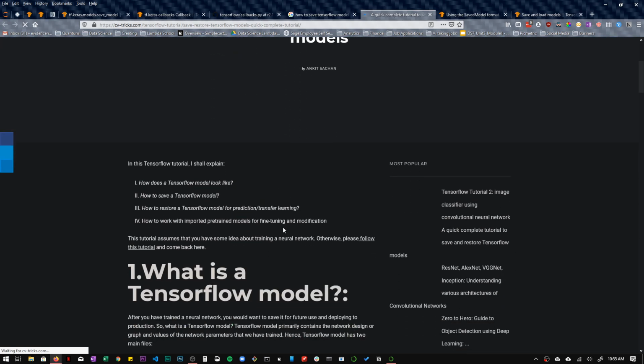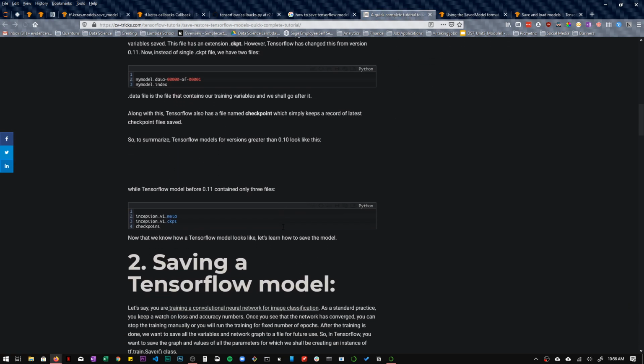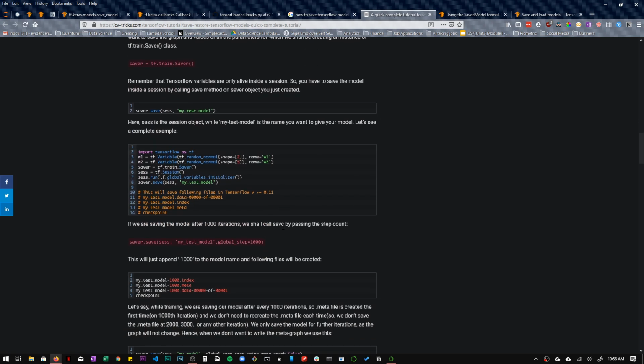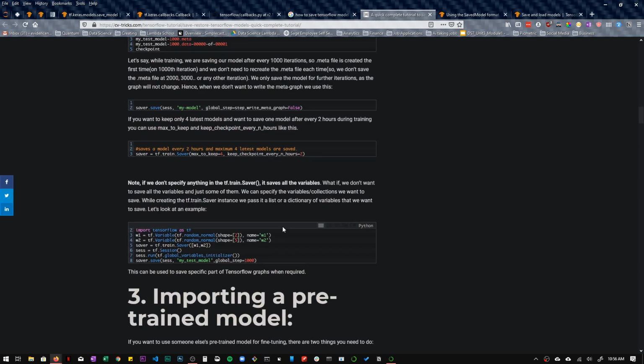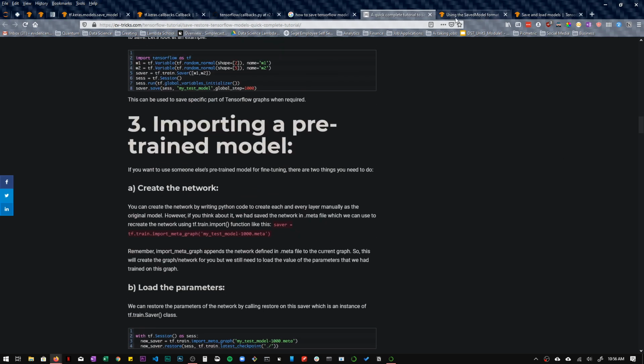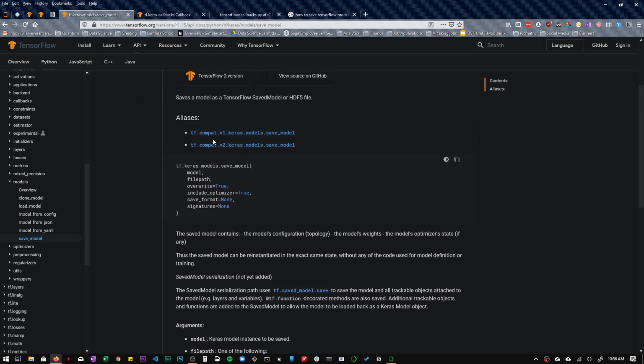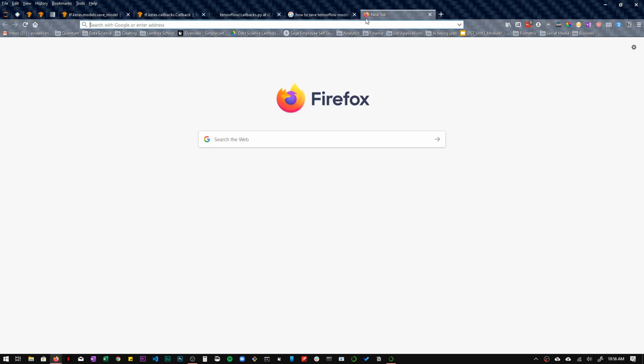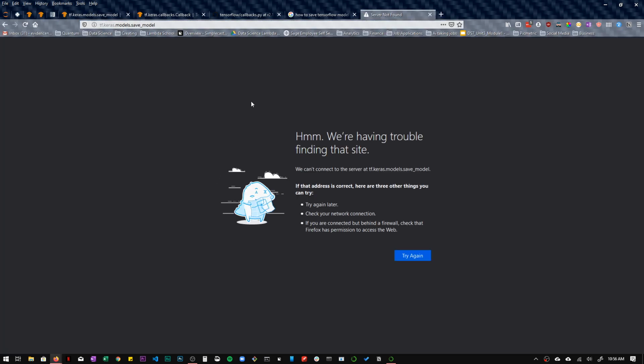This is not helping. Yeah, none of this is helping. I kind of wanted to see how to use this right here, and this Google is not helping me right now.